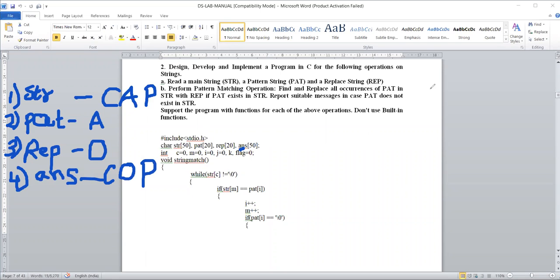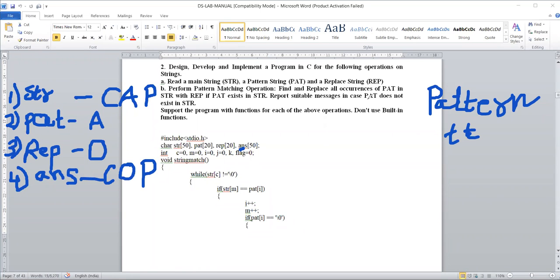For example, if I'm giving P-A-T-T-E-R-N as my input string, and I'm giving the pattern as TT, it has to start traversing.